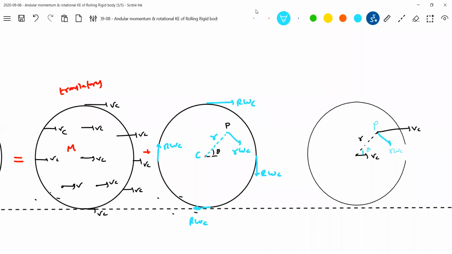Shall we resolve this? This will be theta. Now what is the velocity of point P in vector form? Can you write it? Looking at the diagram, please do look at the diagram. This is R, this is the center of mass. Why Vc and R omega c? R omega c is due to rotatory motion, tangential. Vc is due to translatory motion. So what is the velocity of point P now? From the equation,